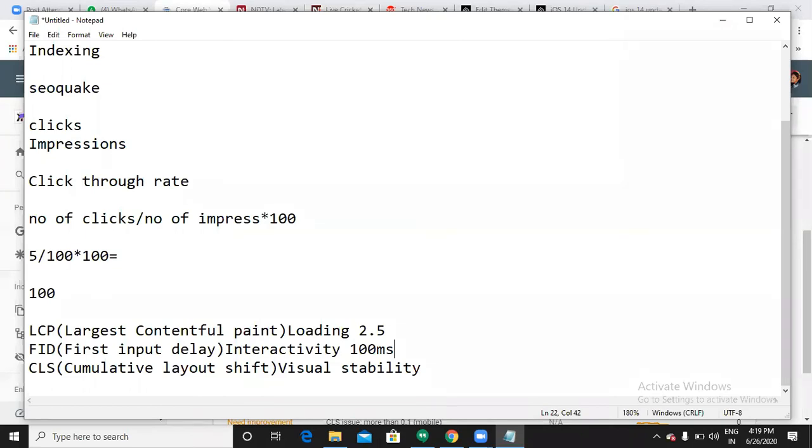Then cumulative layout shift is simply this: have you ever been reading an article online and noticed that, without clicking on anything, something on the page changes? Without making any action, some pages will scroll up and show you some other content. That is called cumulative layout shift.